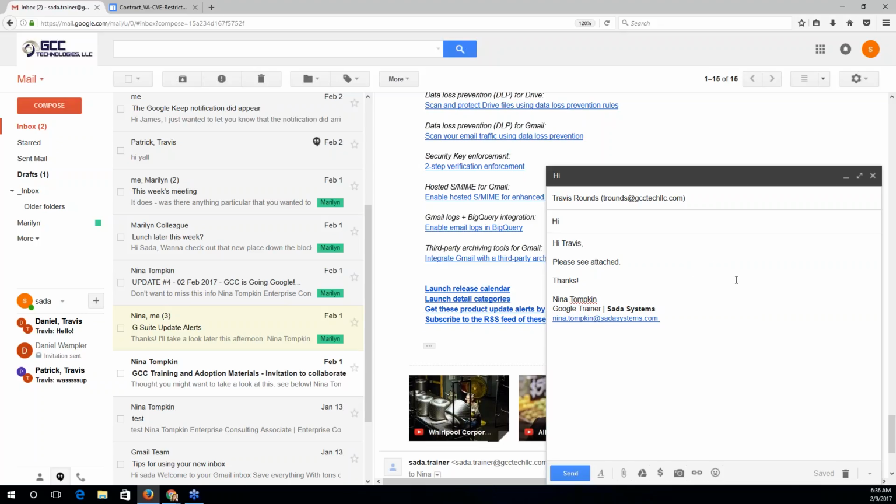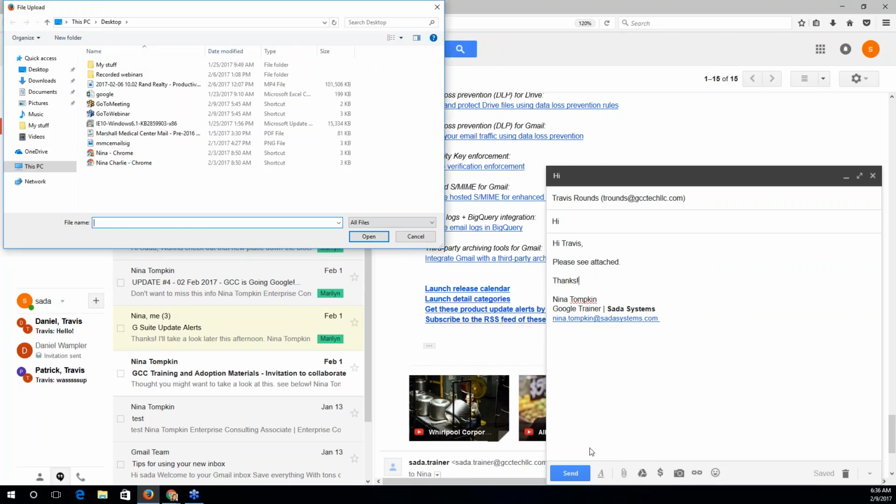Now at this point, in order to attach some items, I can use the toolbar at the bottom of my new message window, specifically this familiar paperclip icon, to give that a click. And then my File Explorer will be pulled up on my computer and I can select the attachment of my choice. So here we have an Excel file.